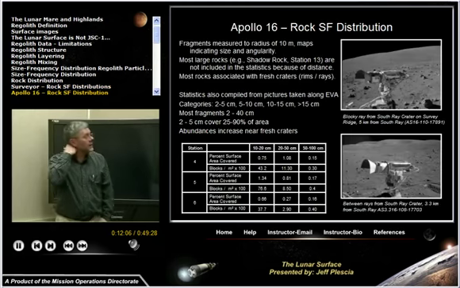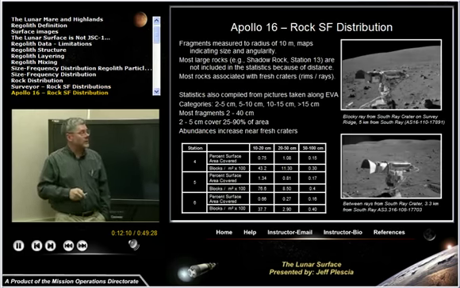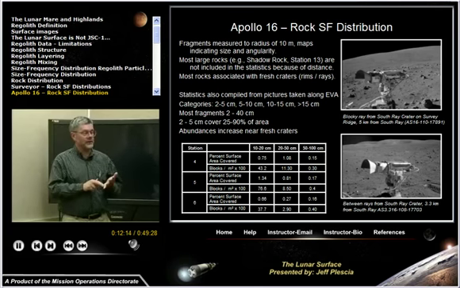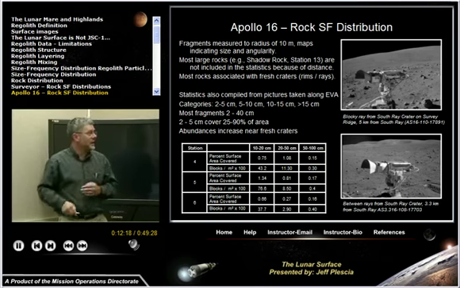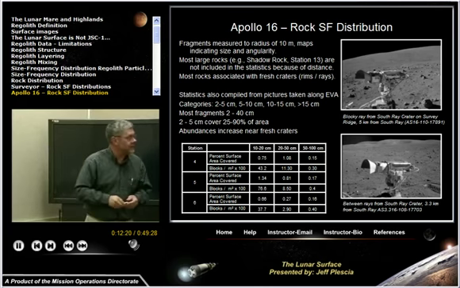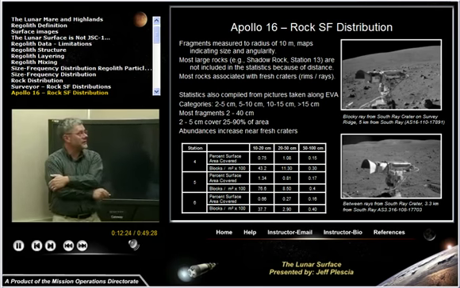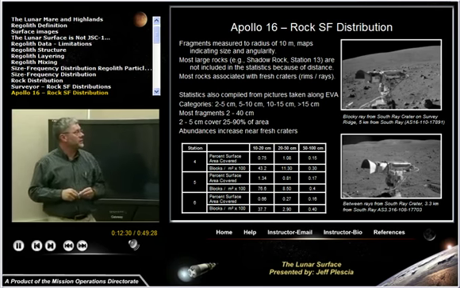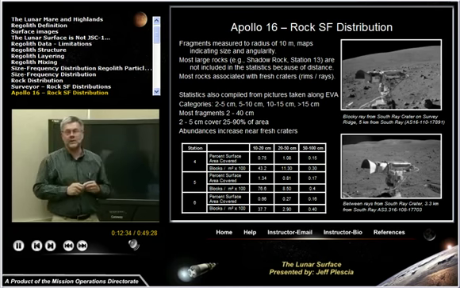Next slide. They also looked at the rock distribution on the Apollo missions. There are lots of surface images. They did a couple of things at each of the stations. They took a panorama set of pictures, and along the EVAs they collected a series of images, and Henry Moore and some other guys back in the Apollo era compiled the statistics for all this. And basically what they did was they looked out 10 meters and they made some maps, which I'll show you in a second. The important thing to remember is that if the rock wasn't within 10 meters, it didn't get